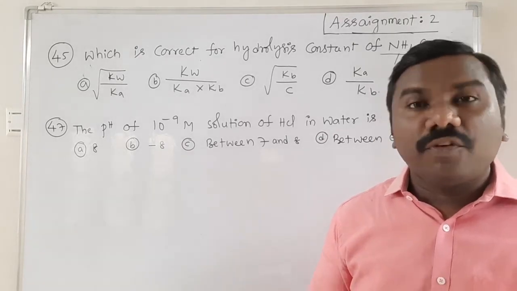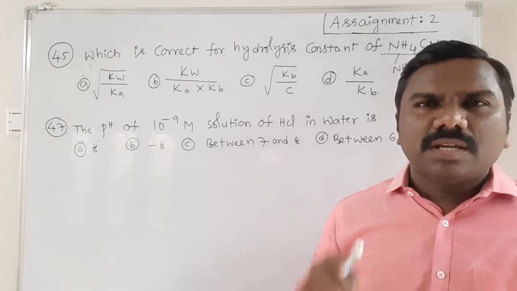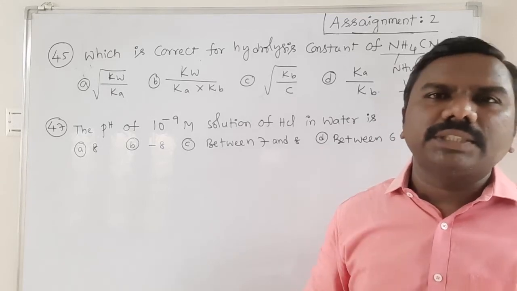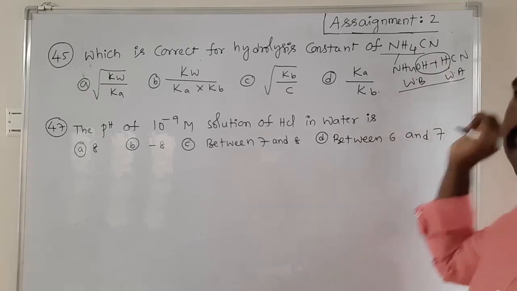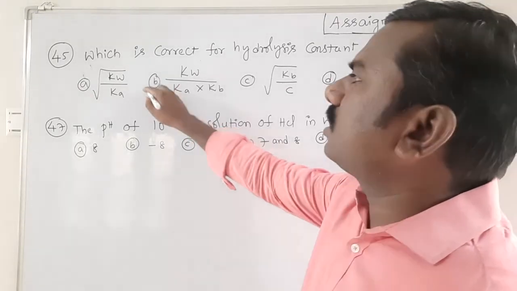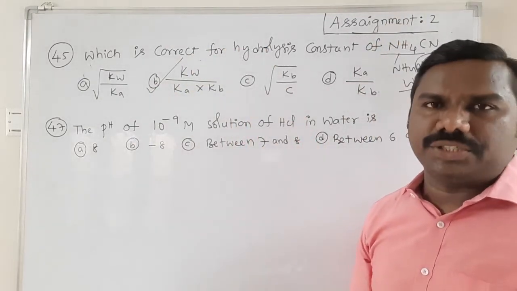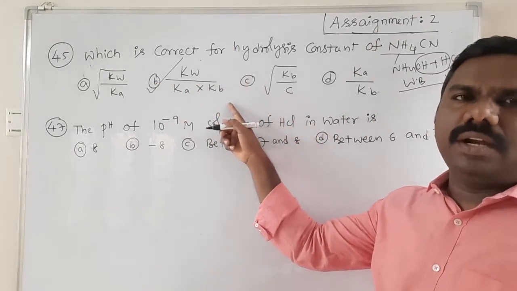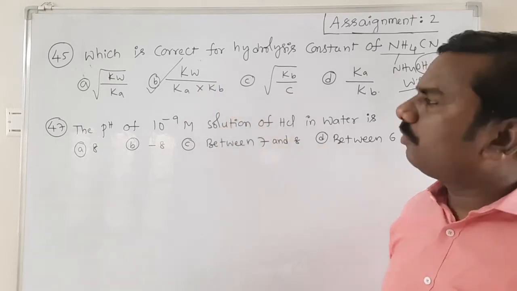There are 4 cases: strong acid strong base salt, strong acid weak base salt, weak acid strong base salt, and here the salt formed by weak base and weak acid, which on hydrolysis gives a constant, that is the hydrolysis constant Kh, equal to Kw by Ka into Kb. Derivations are there and the formulas also, students, verify them once for all this.